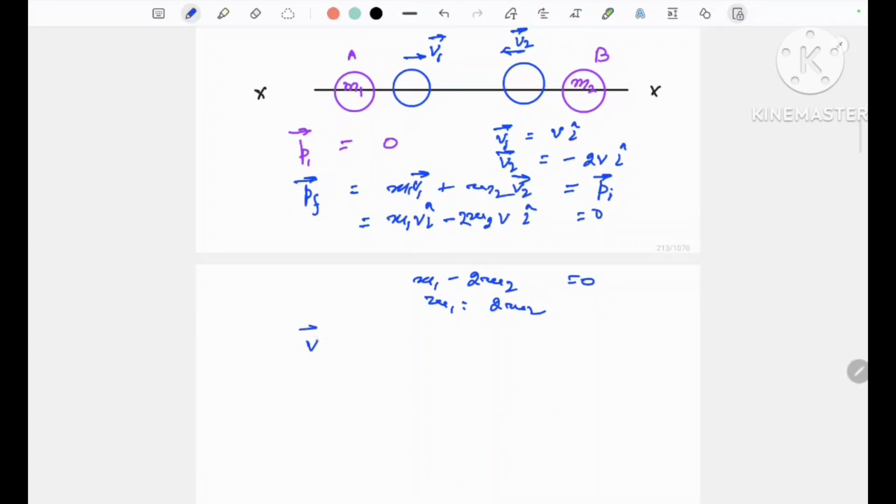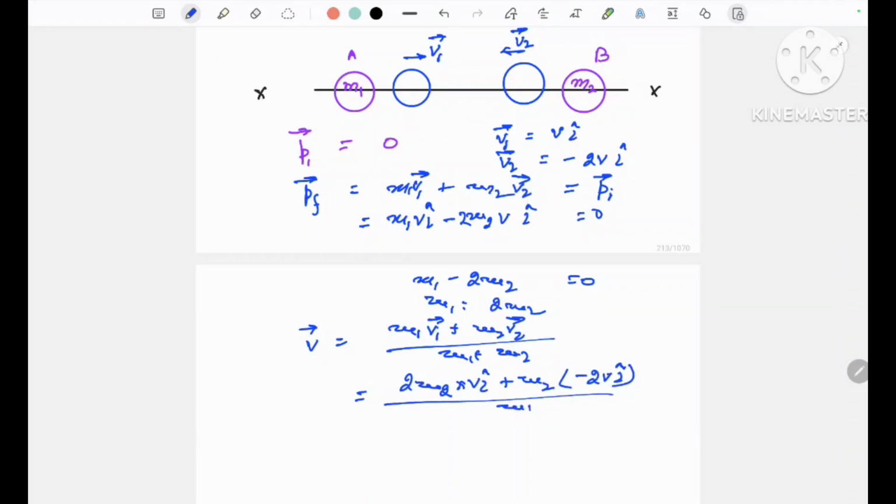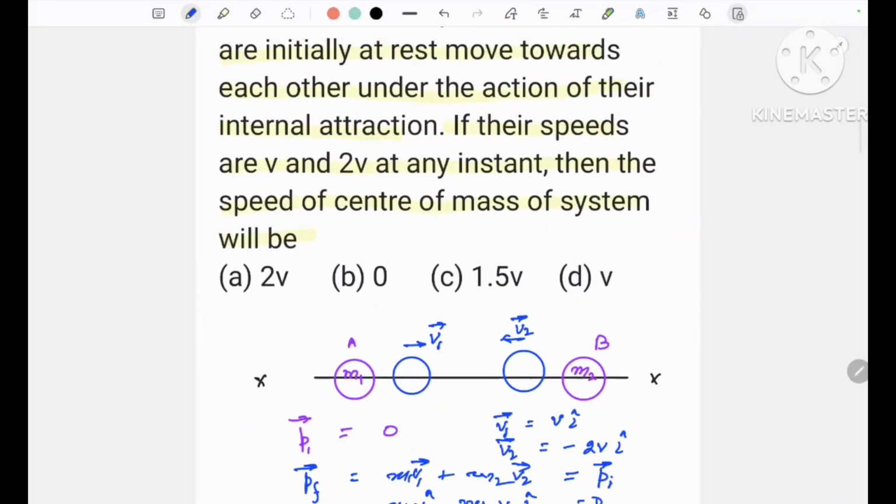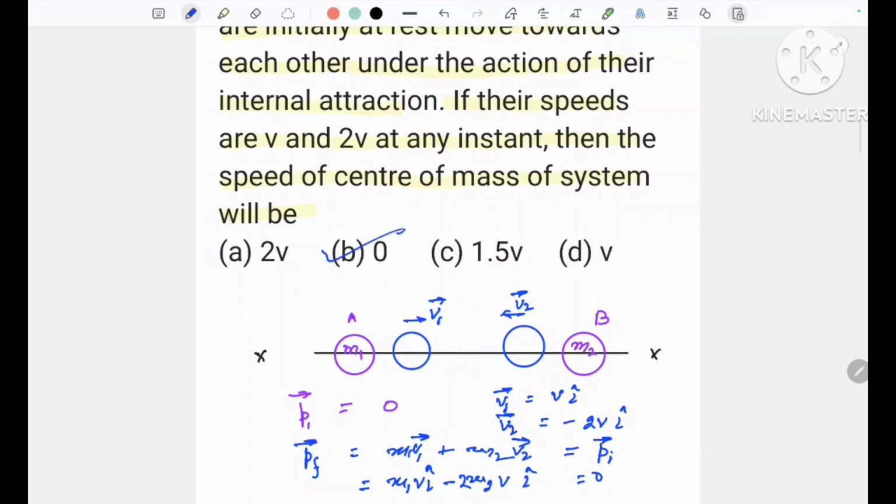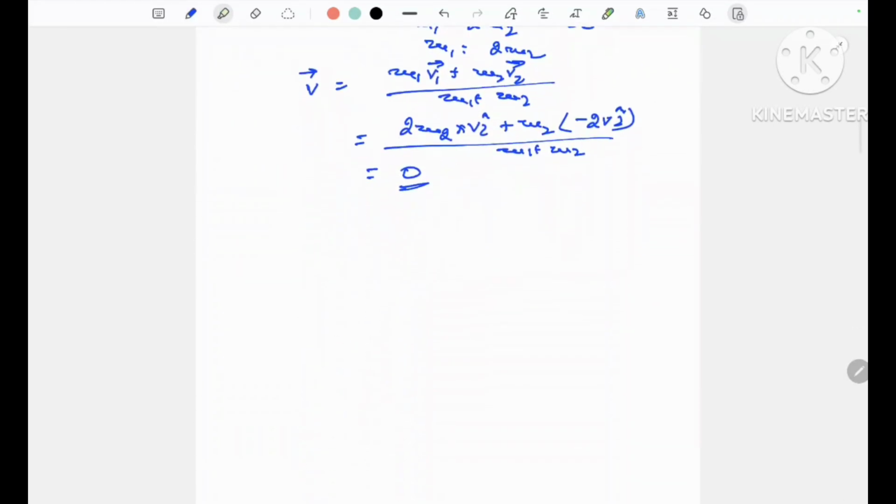Velocity of center of mass is m1 v1 plus m2 v2 upon m1 plus m2. m1 is 2m2 and v1 is v i cap, m2 times minus 2 v i cap, over m1 plus m2, that is 0. So speed of center of mass is 0. B is the correct option. Next,